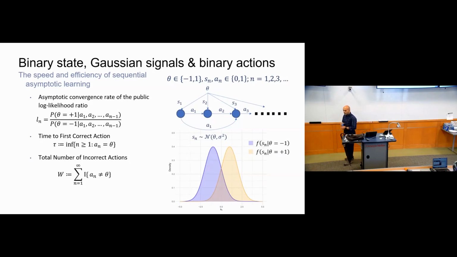learning. This is basically a good benchmark to think about when you're thinking about the quality of learning, because part of the inefficiency of this sequential learning comes from the fact that you don't see the private signals of others, you see their actions, and you need to attribute that action to the private signal. And that limitation of how much actions are revealing about the private signals is one of the sources of inefficiency in sequential learning. So if you consider a benchmark when an agent has direct access to the private signals of everyone, then you can think about how fast the belief ratio of that hypothetical agent will go to infinity, and compare it with what you see in a sequential learning scenario